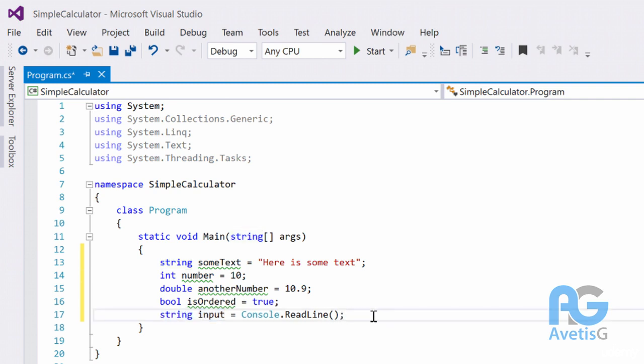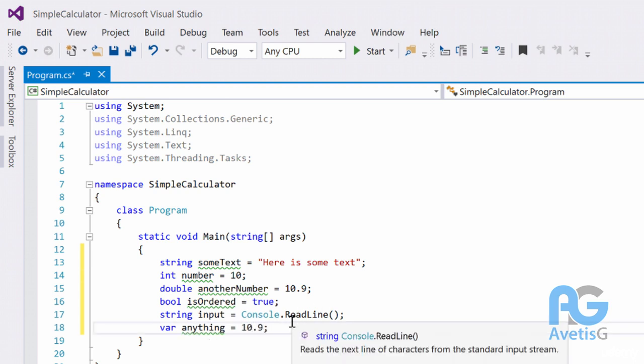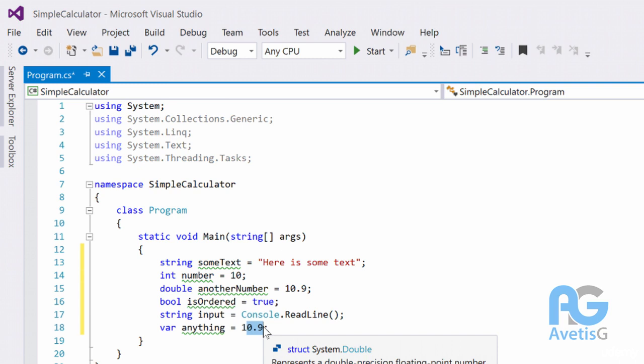And that's great. Let me show you another one. Var anything equals 10. Interesting, right? It just worked. What if I do this? Still works. What if I do this? It still works. So var is an implicit type, meaning that anytime you assign a value to it, it automatically